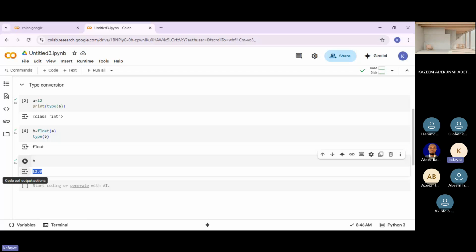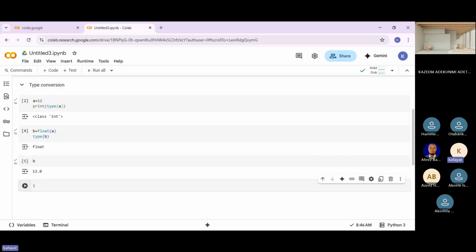Let's assume they gave us something like this: C as a value equal to a string, 12. When you check this, you cannot add this to any number and get an aggregated value. Do you know why?